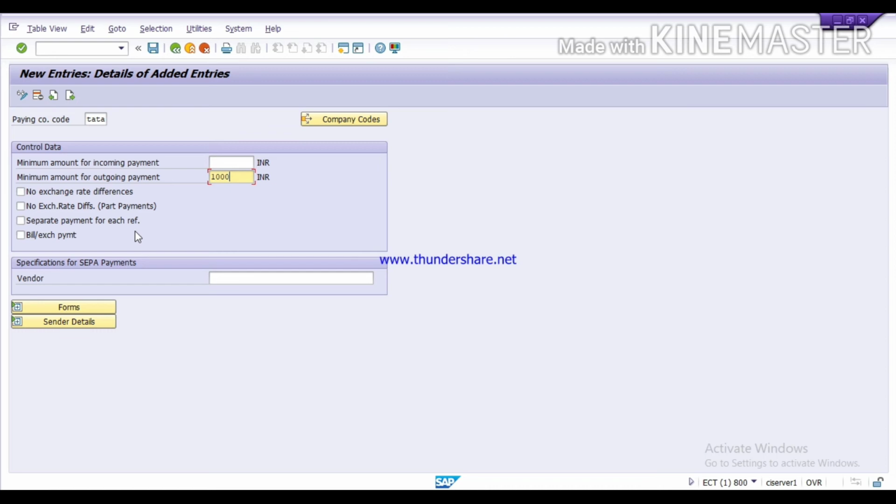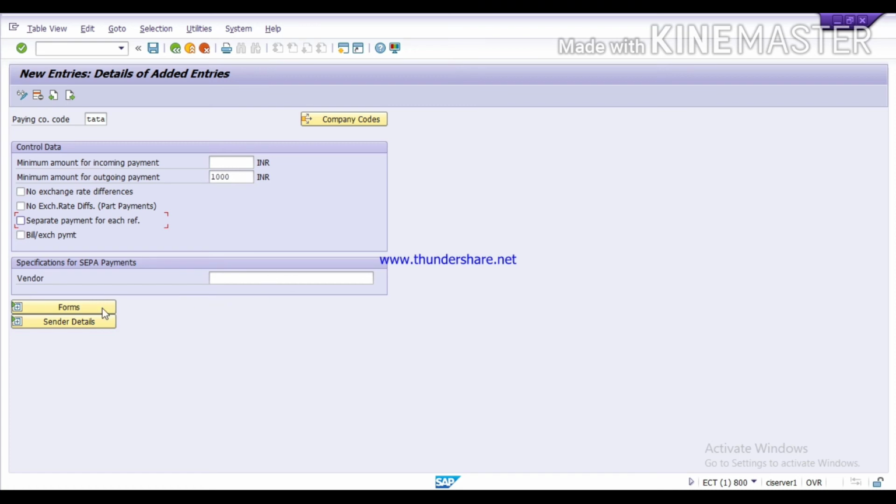Mostly it is not maintained by companies. In most scenarios, we are not using separate payment for each reference, so I am not using this. In case your company wants to take a separate payment for each reference, you can tick it. But in most scenarios it is not used, so I am removing it.